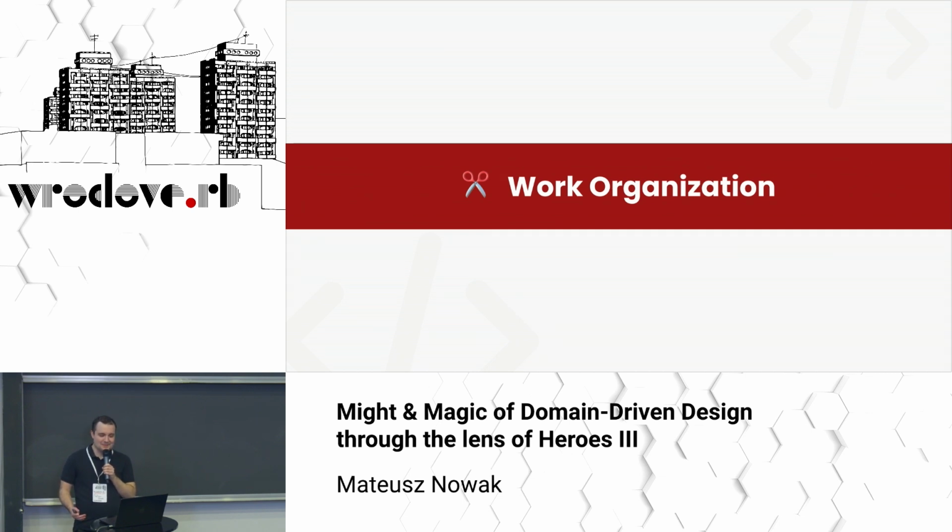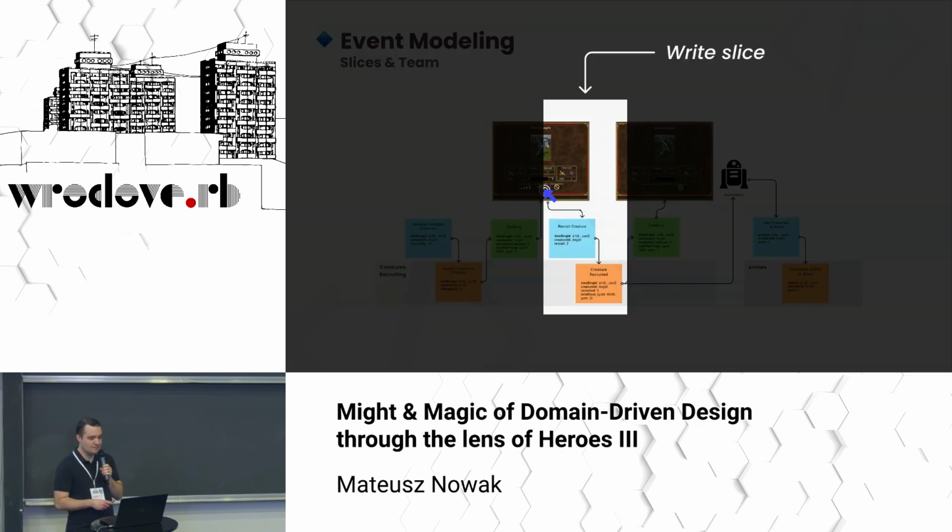Okay, it's great. We already designed our system, but there is still a question of how to build it and organize work in a team. First, let's see what types of tasks we can prepare from event modeling. The event modeling can be split into vertical slices that are of different types. The first of them is a write slice. You see it here. We have a command, which is executed from the UI or REST API, depending on the application being developed. And the command may trigger an event, which causes a state change.